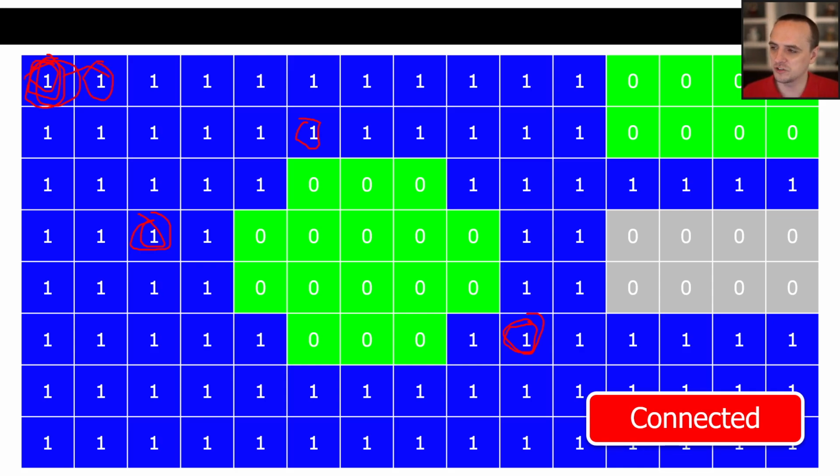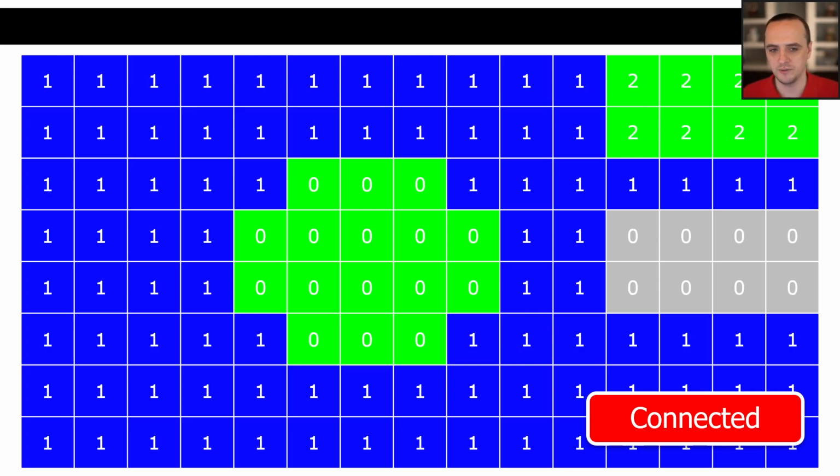However, the algorithm is going to say, if this is not a 0, then skip it, because if it's not a 0, it's already part of a connected sector, right? So I'm going to keep going along until I get to my next 0. And so I'm going to increment the number and give that one a value of 2. And then I'm going to do the same breadth first search out from this one and fill this one in